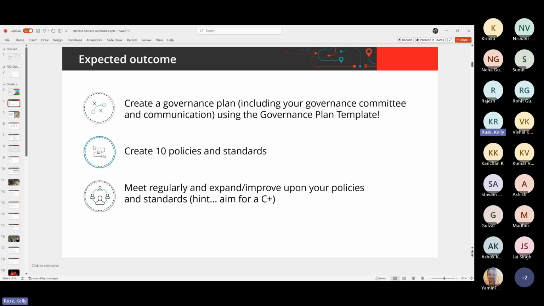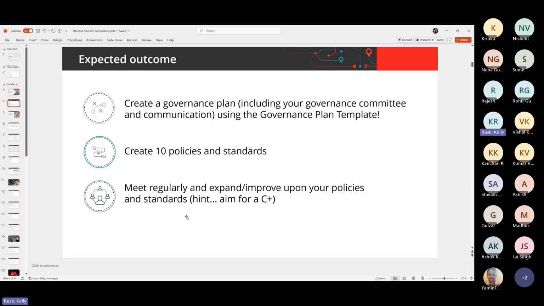So you get a 30-page document where you can fill in the blank for a lot of governance policies. The goal that I want you to achieve is to create 10 policies and standards. And I know this isn't as fun as development or coding, but it's going to help you develop faster and have a better environment. You won't believe some of the gains you can have when you sit down and really talk about, well, what do we want to do? How do we do this? What does our DevOps look like, as an example?